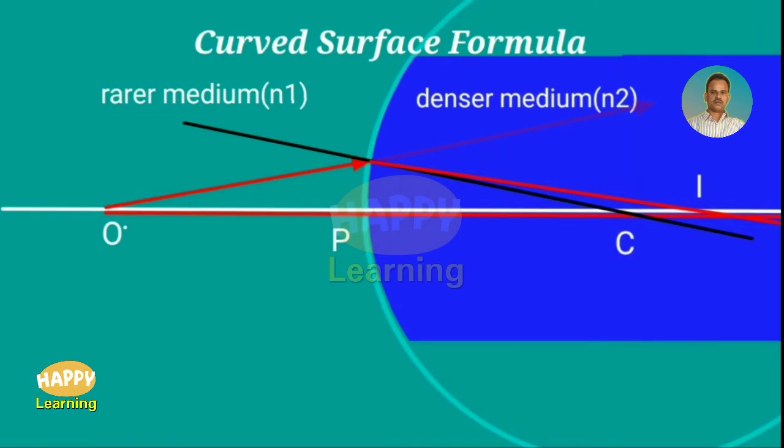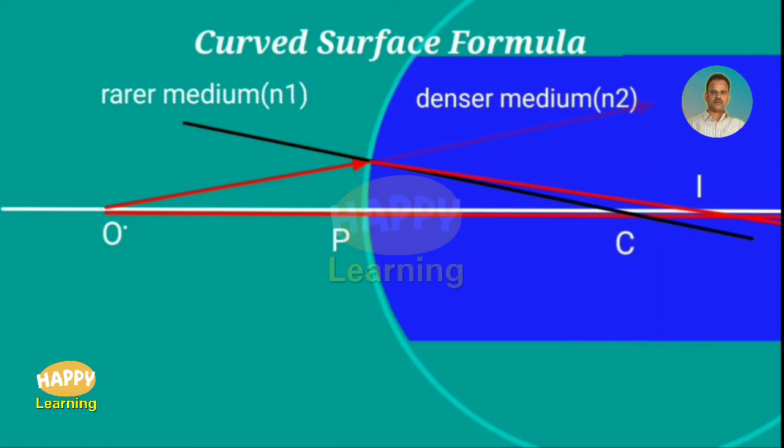At the point where the two rays started from O, one traveled along the principal axis, another one traveled and refracted and reached the principal axis, intersected the principal axis. At that point of intersection where these two rays meet, image is said to be formed. So this is the point where image is formed. Let us denote the image by I.